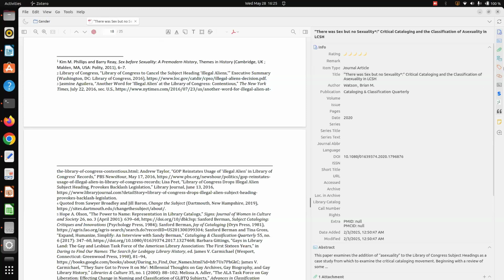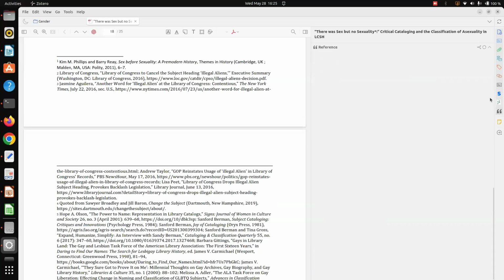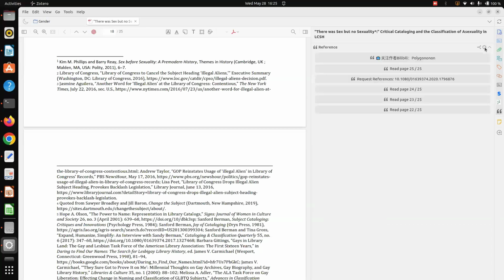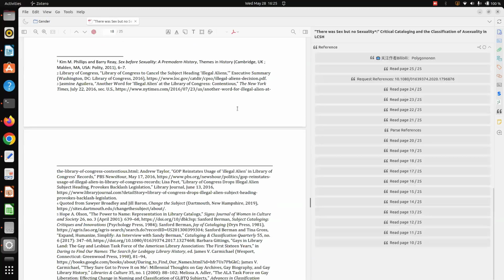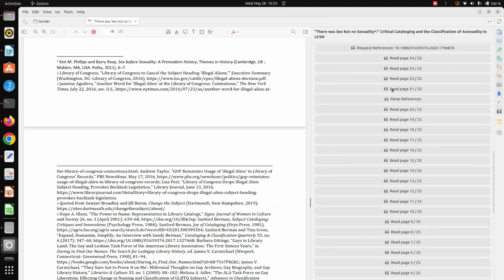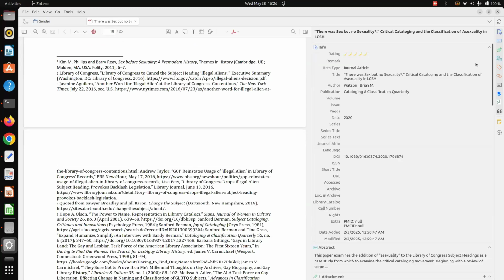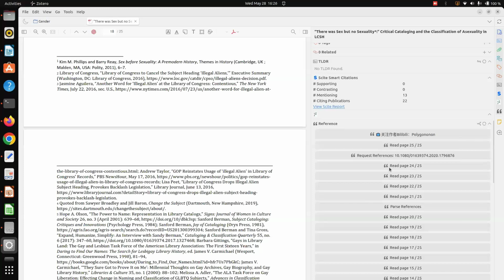So this PDF Reference, Zotero Reference, what it can do, I can click references, I can refresh this button, and it will try to find out references listed in this particular paper. So now you see, it is extracting all of these references from this paper. Still it is doing, there are lots of references. So some it can fail, some it can get.